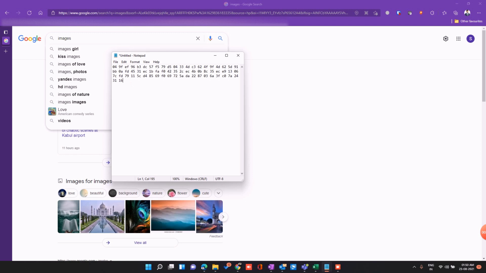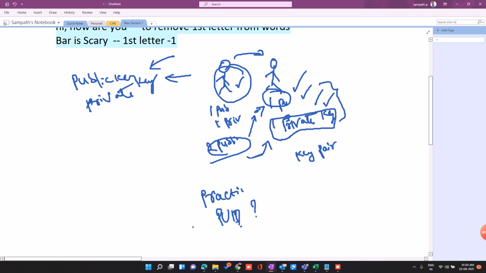Let me show you that in simple terms. If I take my notepad, for example, this is my Cisco switch or any other network device. This is my switch, and here I have my computer or laptop. I'm trying to access this one using the putty software. When I open putty and type SSH, it will first ask you for a small prompt, like yes, no, or something like that, because the public key and private key is not something that your computer trusts. That's why it will show you a warning asking if you want to trust this. Then you will say yes, and then